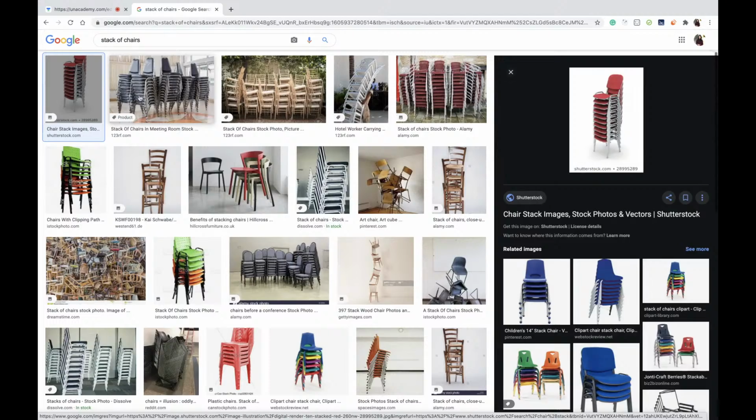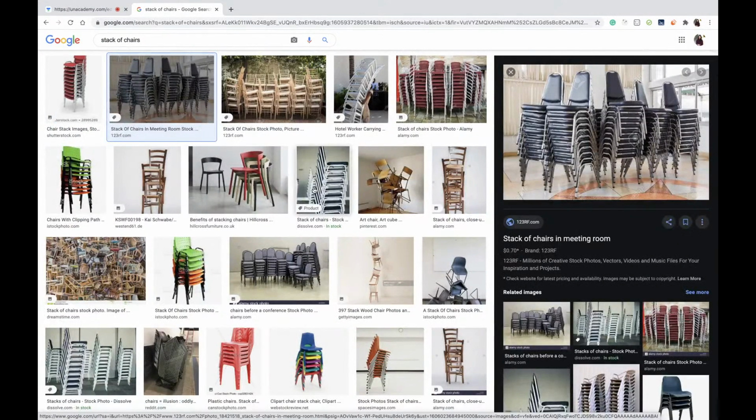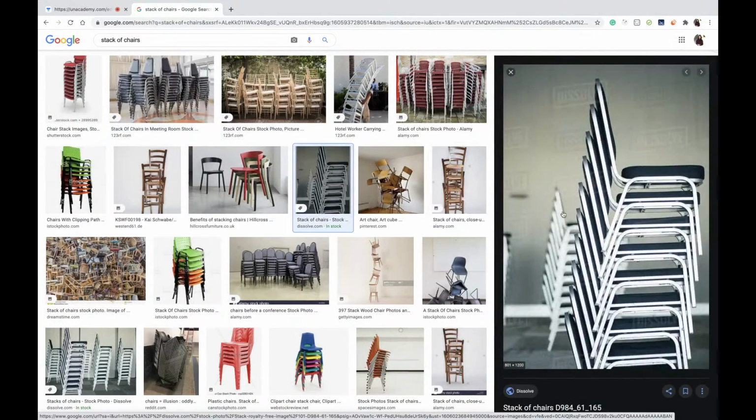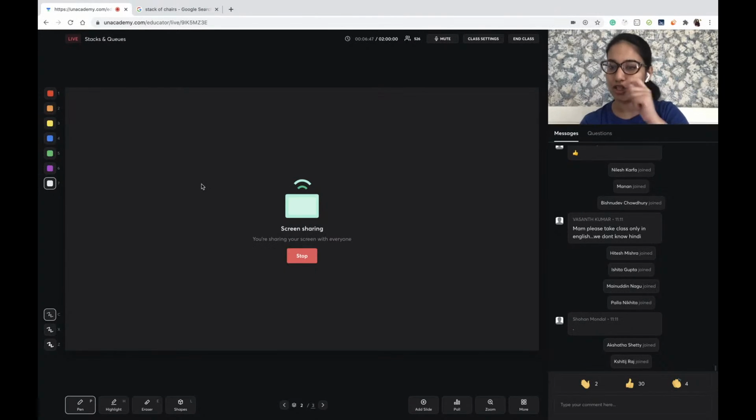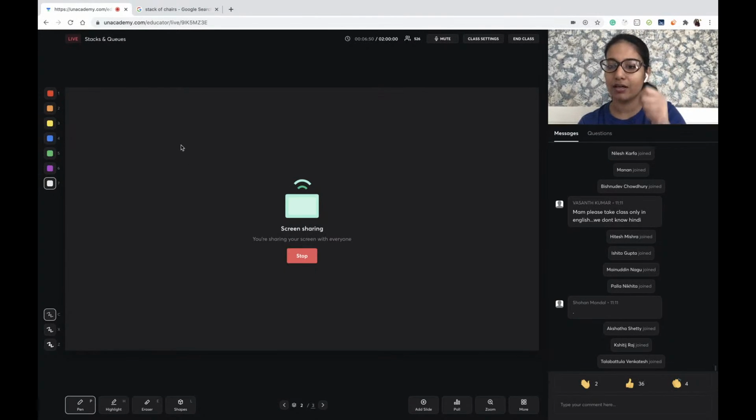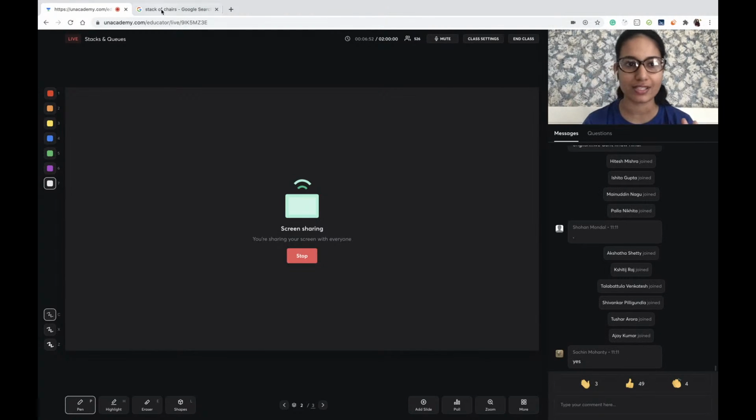I actually found a good example. Just try to look at these photos here. ठीक है, let's try to look at this photo here. So what exactly are we looking at is, we see a stack, है ना. Everyone is able to see a stack of chairs where there are chairs on top of one another, है ना. And now if you want to grab a chair, what you quickly do is you always take the chair which is present at the top, है ना. I hope everyone agrees to this कि if you want a chair, you will always grab the chair that is present at the top of the stack, है ना.